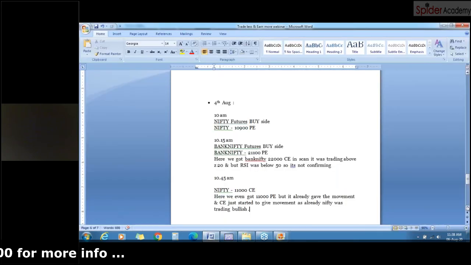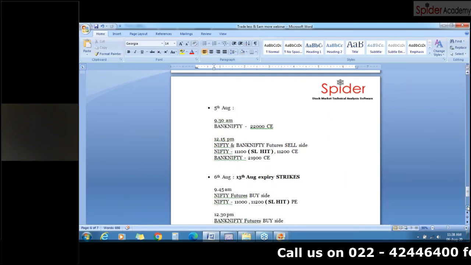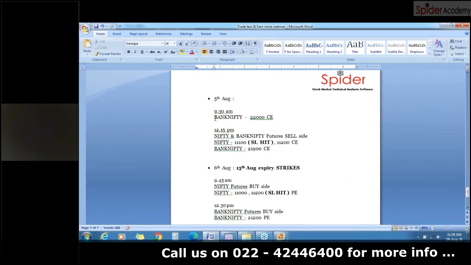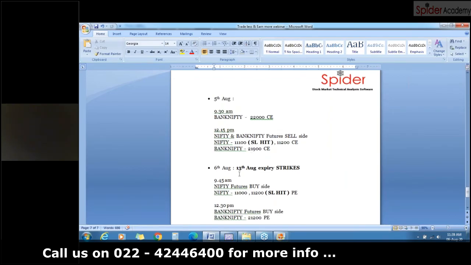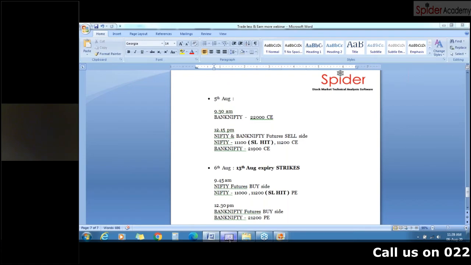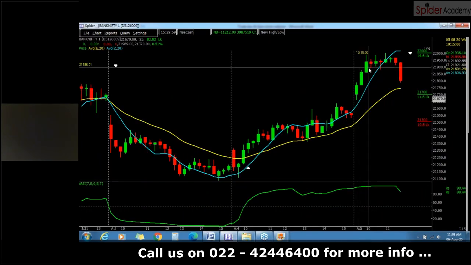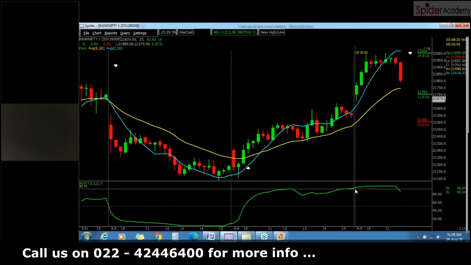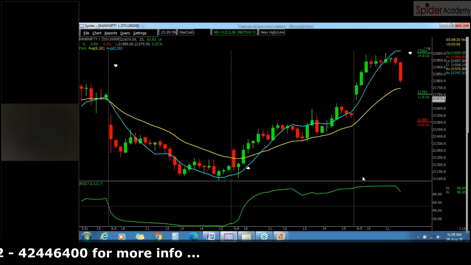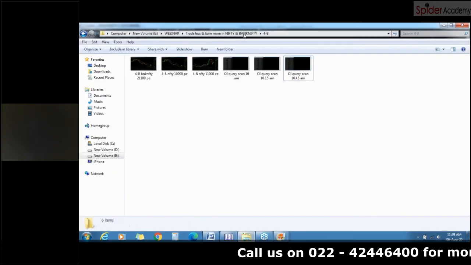Now we will move further to the 5th of August example. On 5th of August at 9:30 a.m. we got Bank Nifty 22,000 call. The markets were trading up on that day, and as we can see here, Bank Nifty was already trading up and moving smoothly with RSI upwards. On that same day, I got a result from the scan for the NSE derivatives OI query from the 5th of August,